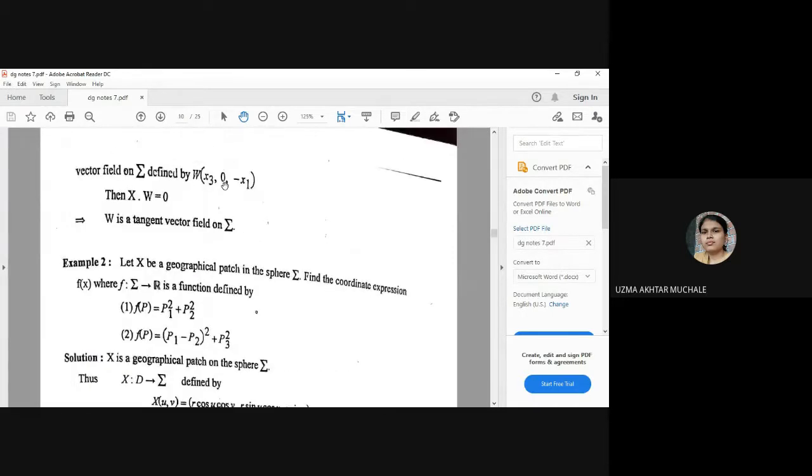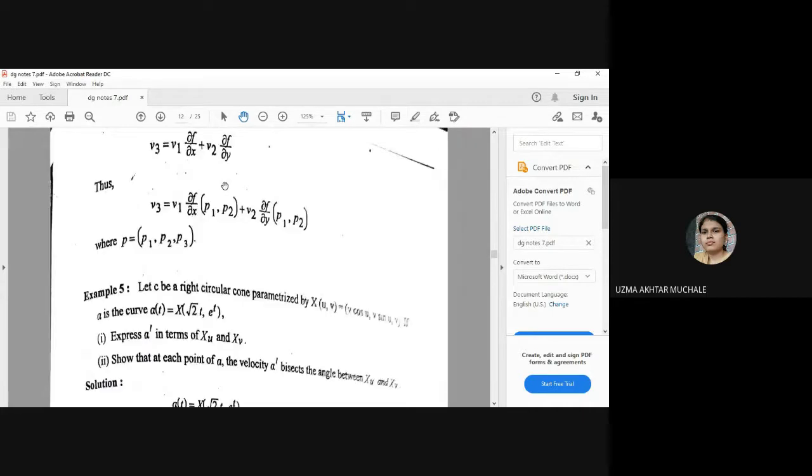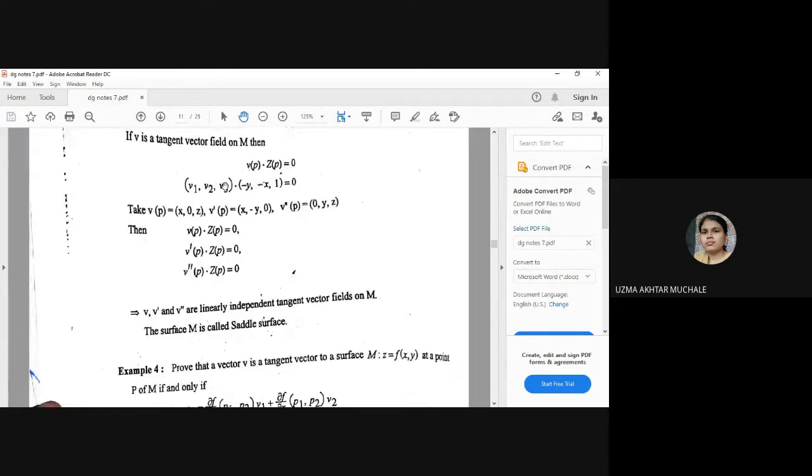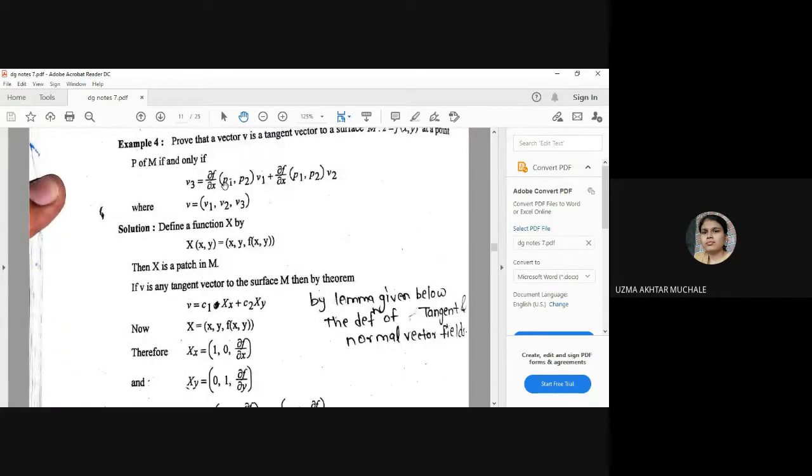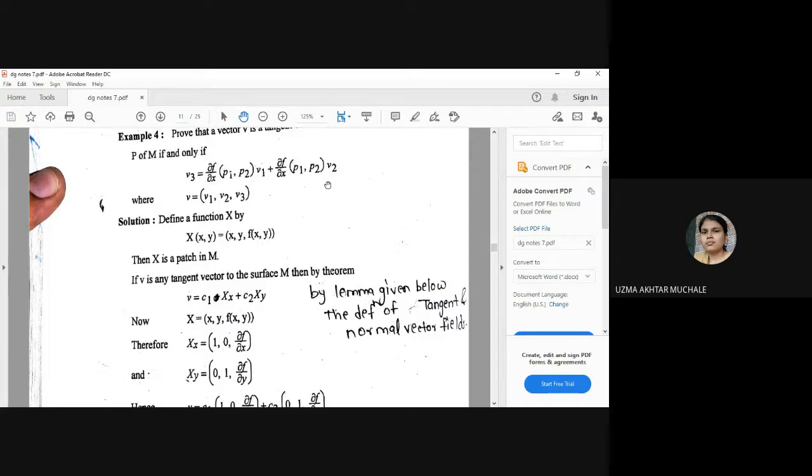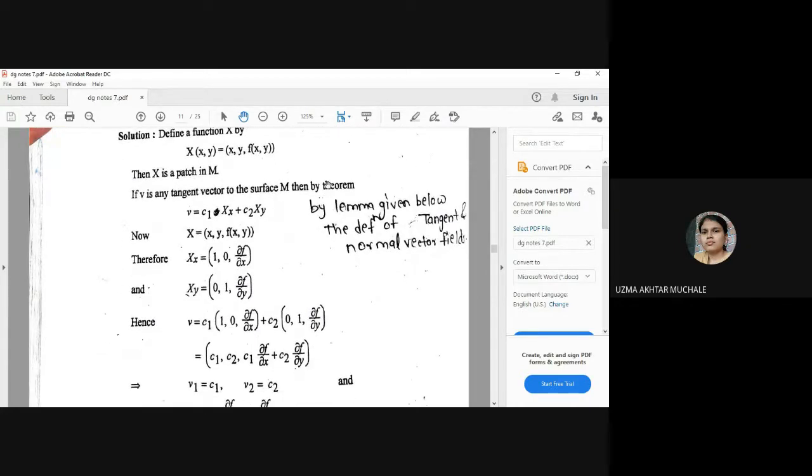So here, this theorem we are going to prove with the help of the lemma that we have proved in the last lecture. So vector v3 we have to write as a linear combination of partial derivatives, dou f by dou x1, dou f by dou x, dou f by dou x. So it should not be x, it should be y, I think. And these are nothing but the coordinates of v1 and v2.